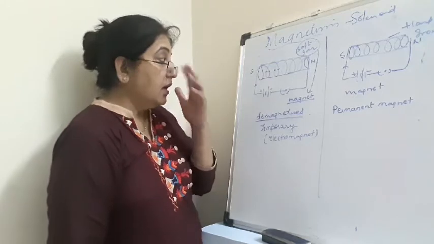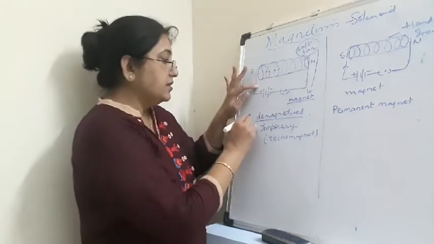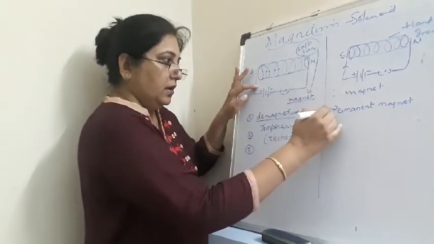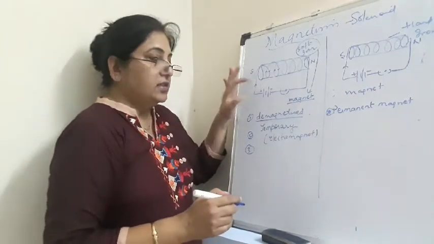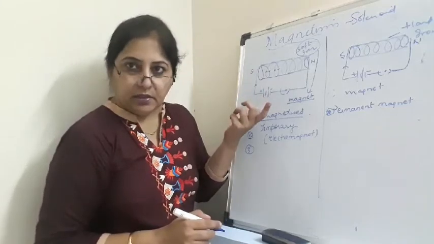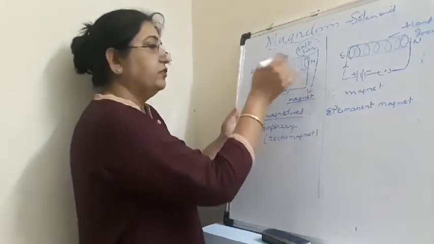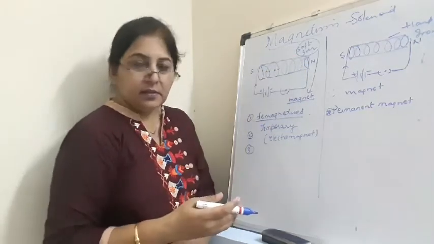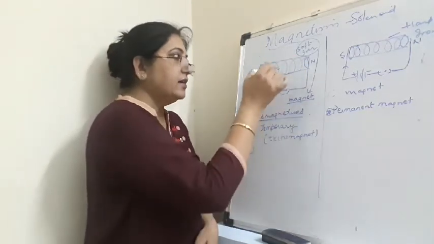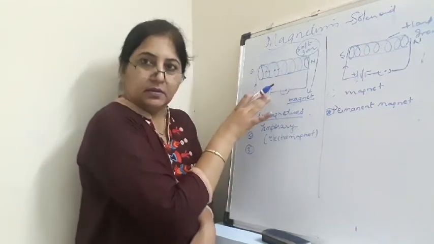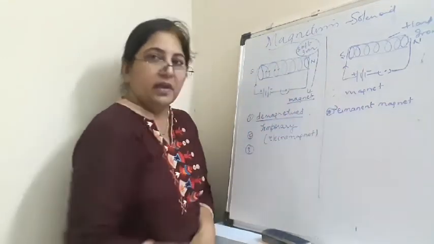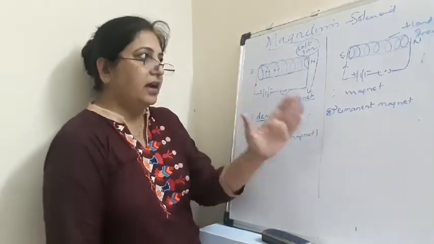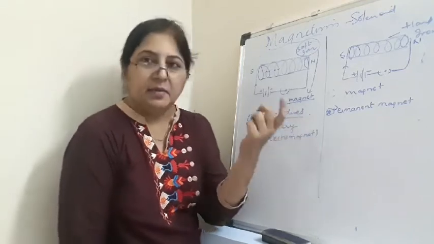This is another difference. Now we can also over here, in this case, number 1, number 2, number 3, this is 1. Now, if we want to change the strength of this magnet, we can change it. That means if we increase the amount of current, or if we increase the number of coils, the current increases, and when the current increases, the intensity of the magnet also increases. But over here, there cannot be any change. So these are some differences between the soft iron and the hard iron core, which behaves like a magnet.